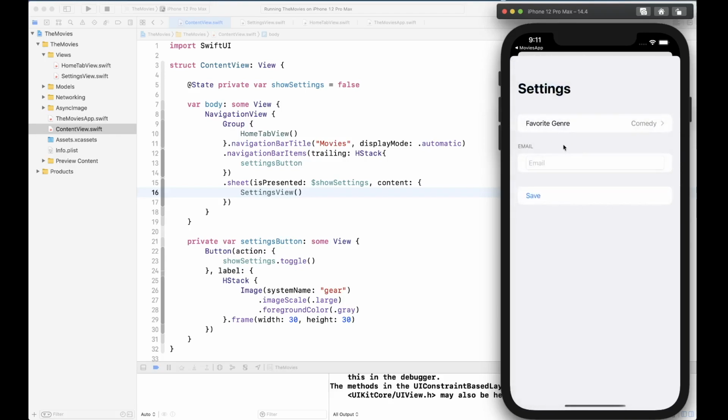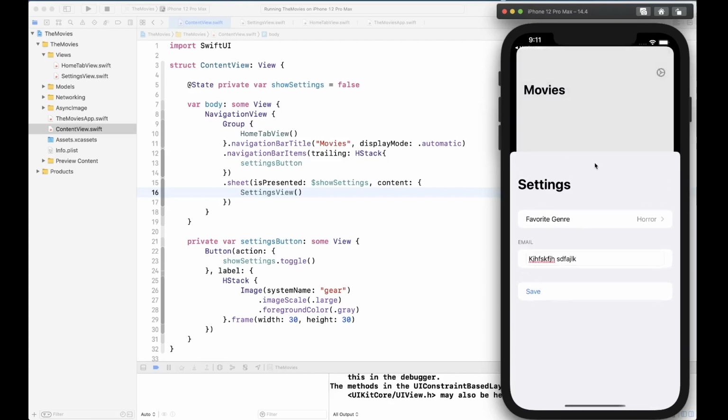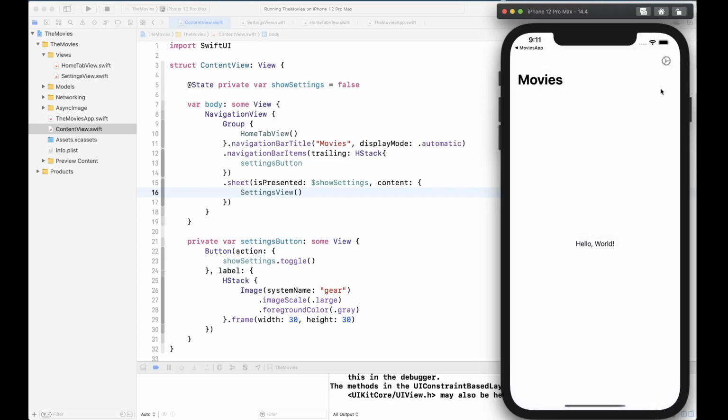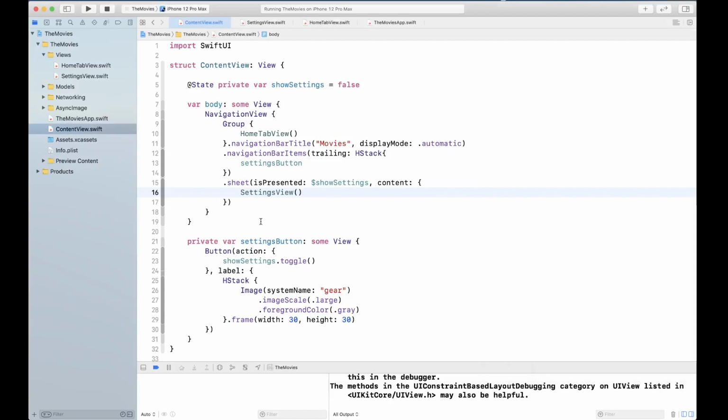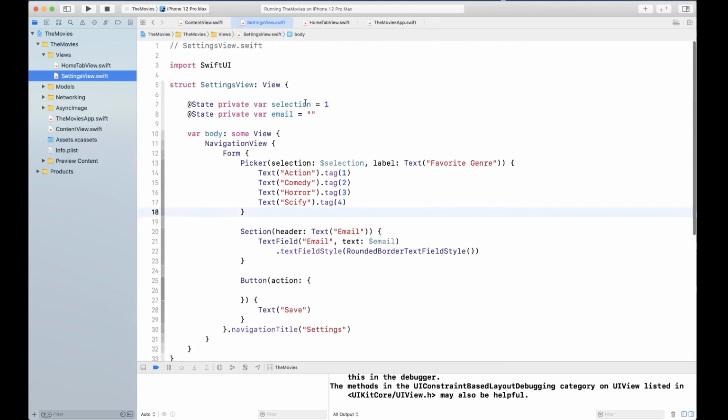Now you can choose different genres and as you can see it's being stored. You can have some email and stuff. You can have validation. Now if you click on save, it does not dismiss, right? So the only way to dismiss right now is by dragging and dismissing. That's basically how you can dismiss, but you can have your save button dismiss your sheet by accepting a parameter. So we're going to say @Binding, okay, and we're going to create a variable called isPresented